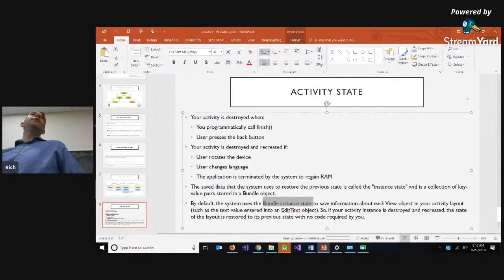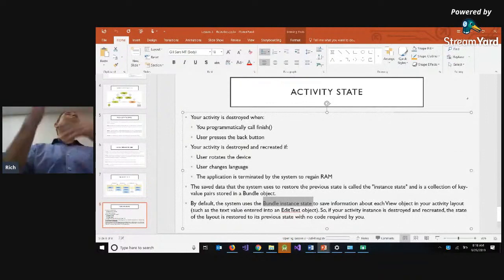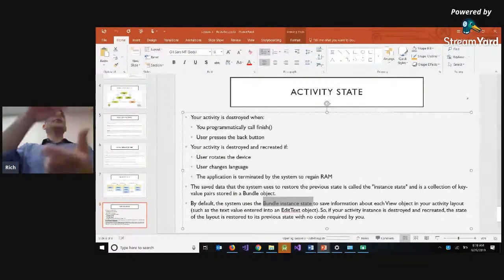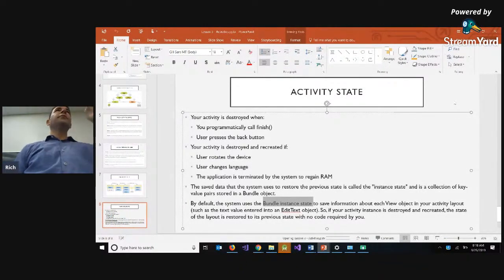Today we'll try an edit text with our emulator. We'll put text in, rotate it, and we should see that whatever text we've entered persists when we rotate and rotate back. So these slides, if you need to refer to them, especially when you're doing your assignment, are in the lesson 3 folder. This was last week, but it pairs pretty well with what we want to talk about this week,